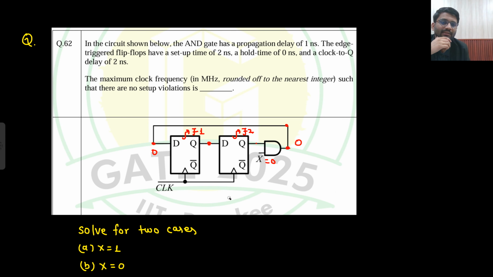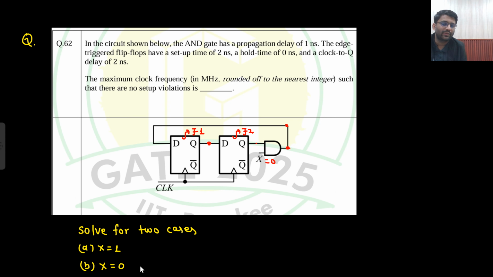And what is the worst case? The worst case is that X value you do not know. That means this value also you don't know. This value also you don't know. So solving this particular problem was not difficult in the examination, but I can make it difficult if I make